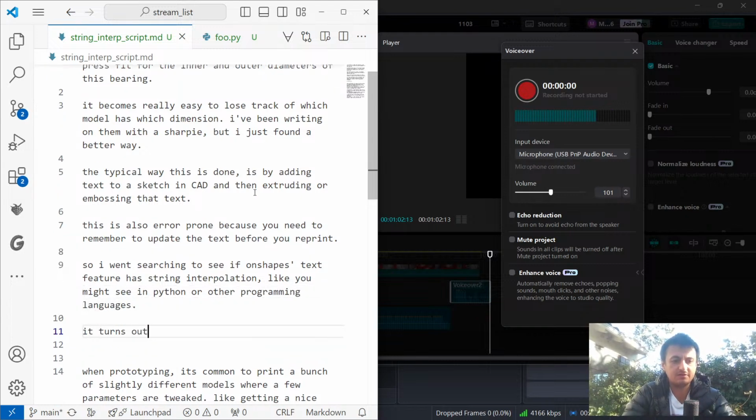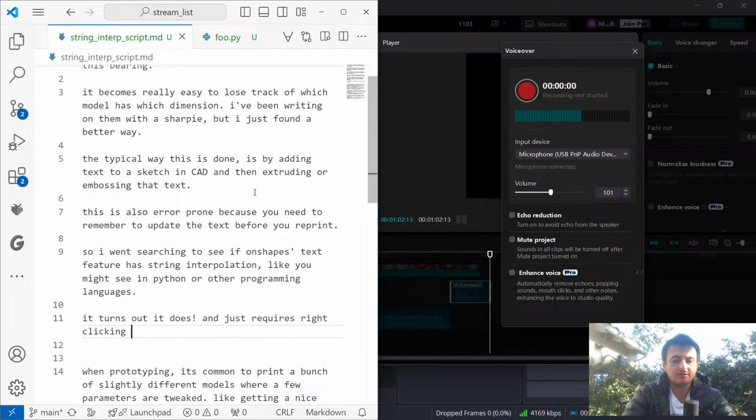It turns out it does. It just requires right clicking and